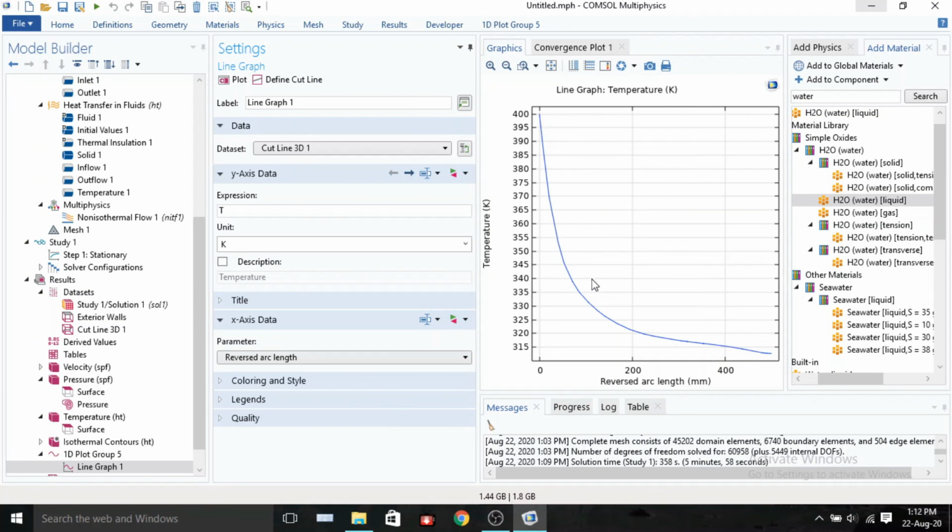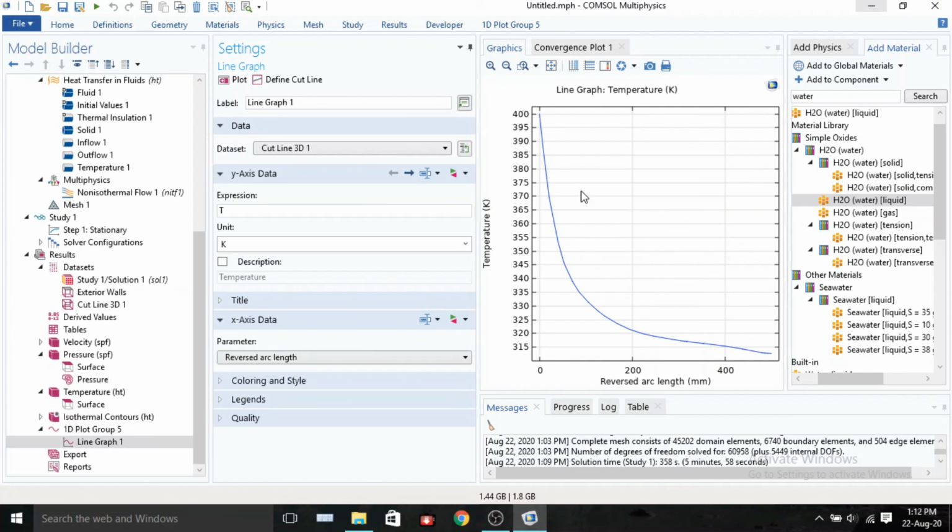And as we move and reach towards the other end, it is reducing to less than 315 Kelvin. So this shows the effect of the water jacket in the cooling of the fin. So that's all for today's video.